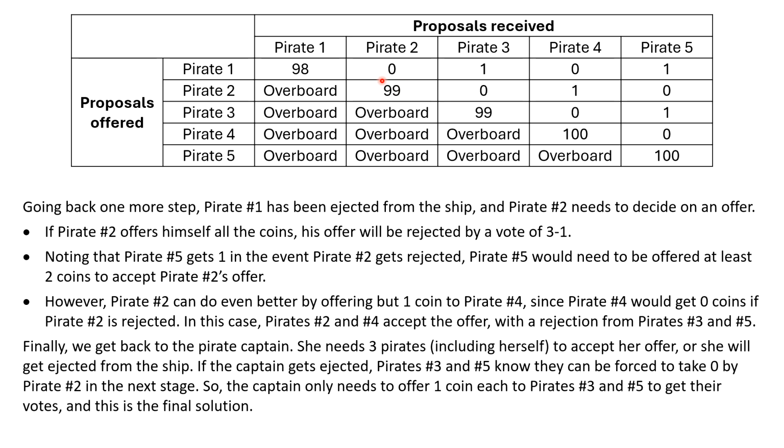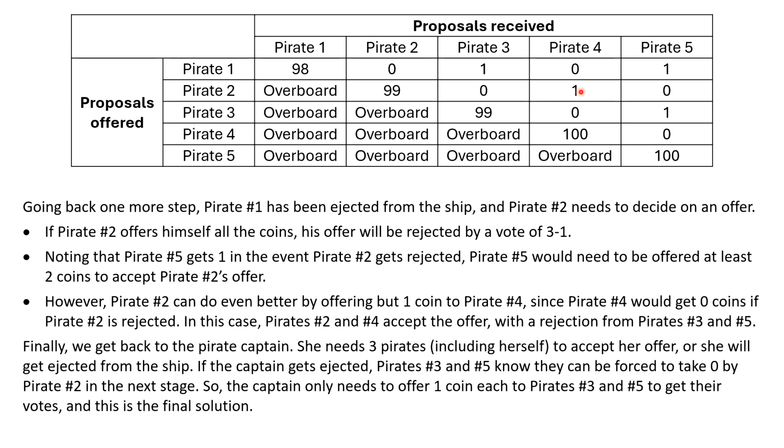And if pirate 2 offers 100 to himself and 0 to the others, that's going to get voted down. So he's not going to do that. So what he needs to do is figure out how to get one more vote, because you only need 50% of the votes to win. So if he offers 1 coin to pirate 4 and all the rest to himself, 99, then